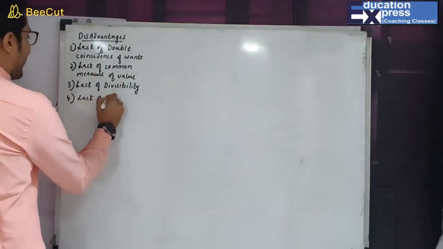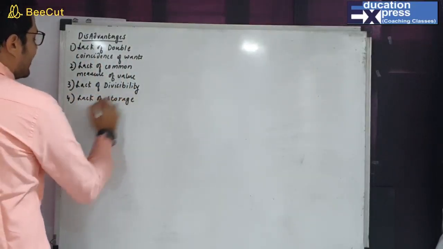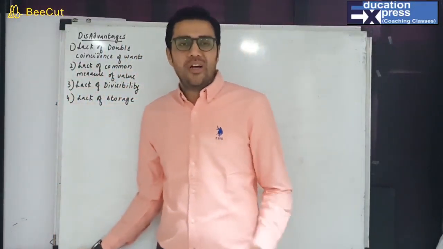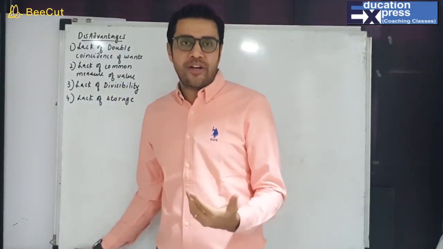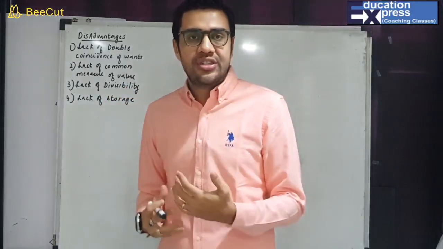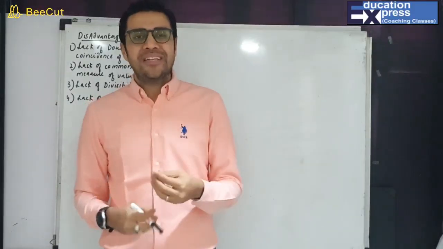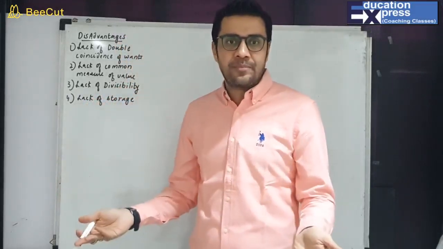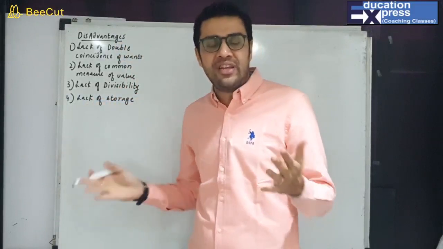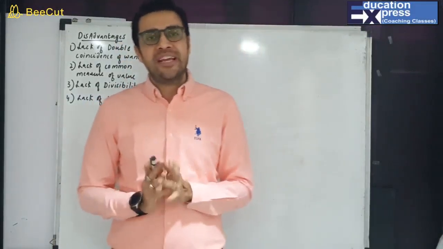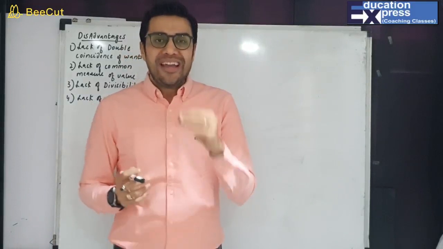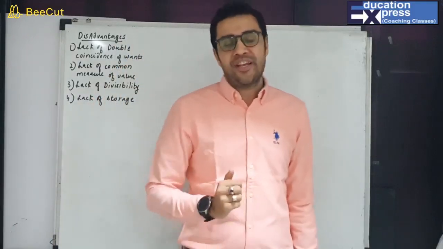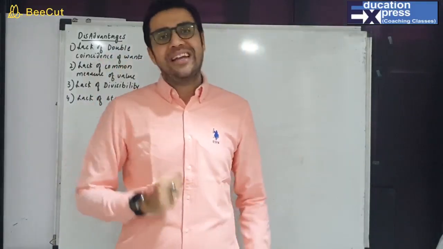Fourth point, lack of store value or lack of storage. Now in those days, again, every commodity was basically exchanged for another commodity. People used to store their goods in the form of cowrie shells, you can say dried fish, rice, cotton. Everything that was only called as money, right? Because that was commodity for commodity, everything was stored in that form. Now when you are storing everything in that form, then what used to happen? Because you were storing them, the value used to what? Get diminished. After a passage of time, value used to get diminished.